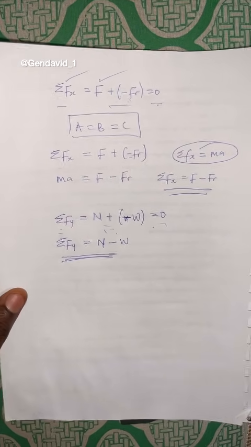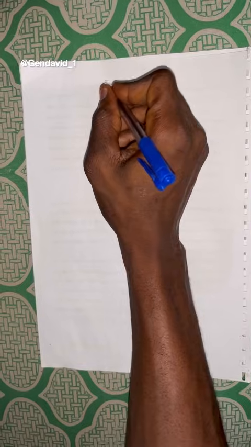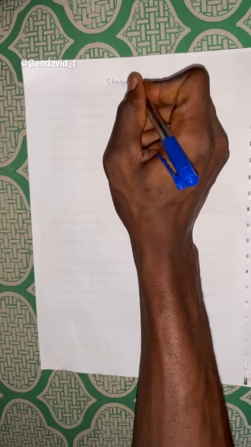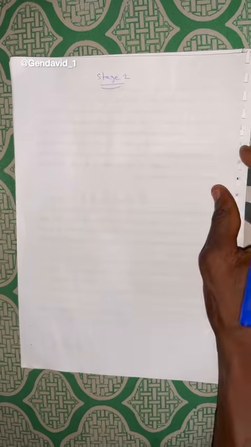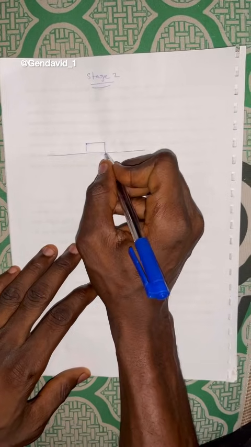So let us go to the next case. Don't forget, I'm going through 6 cases. So the next one will be the next case now. Now this stage 2 is when we are still on a horizontal plane. Let's say you have this plane like this. The mass of the body rests on the plane like this. And at the same time, you have